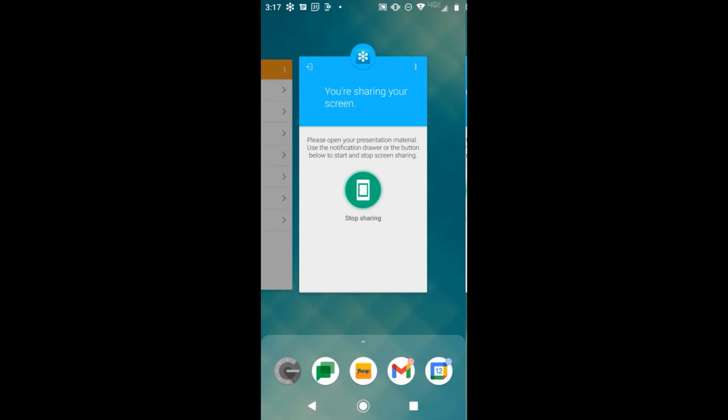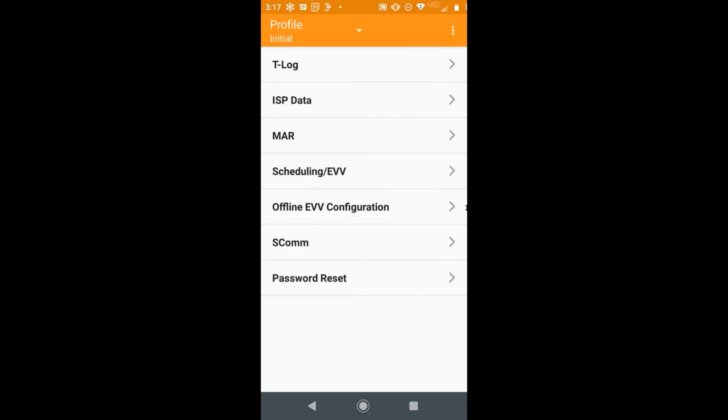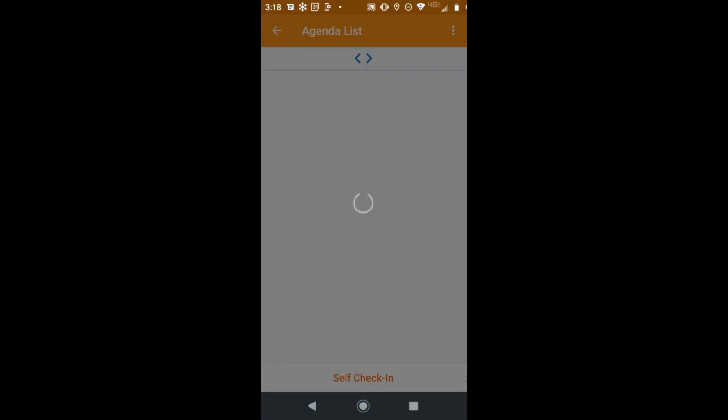You're downloading that application. If you're on Android, it'll be in the Play Store. If you are on an Apple device, it'll be in the Apple App Store. And once you install it, you're going to use your regular TheraP login credentials. So what I'm seeing here is a list of modules, and what we're focusing on right now is EVV. So I'm going to touch this middle section, scheduling EVV, and this is taking me to